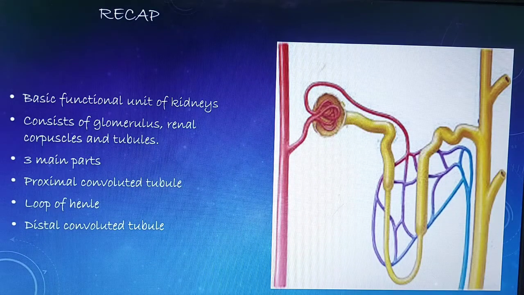At last, we are going to see about the collecting duct, that is, it collects the input from many other nephrons and drains into the larger collecting ducts, and these later lead into the pelvis, and the excreted material is taken to the urinary bladder through the ureters. In the collecting duct, urea, 5% of NaCl and water is reabsorbed, and what is excreted at last is water, sodium chloride, potassium, bicarbonate, creatinine and urea. So this is all we have seen in today's video.